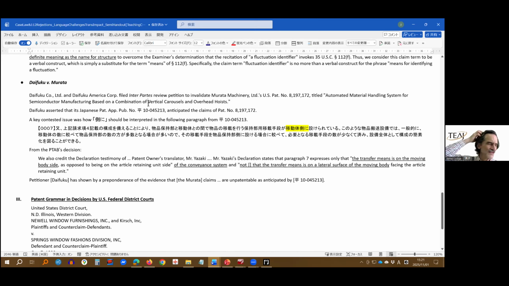I think the USPTO fees are about $20,000 just to file the inter partes review petition. And the reason Daifuku was confident that they could spend the $20,000 in PTO fees and then gosh knows how much in attorney's fees was because they had their own Japanese patent, Hei